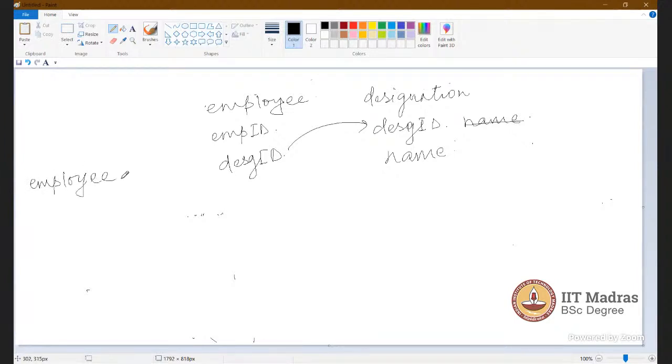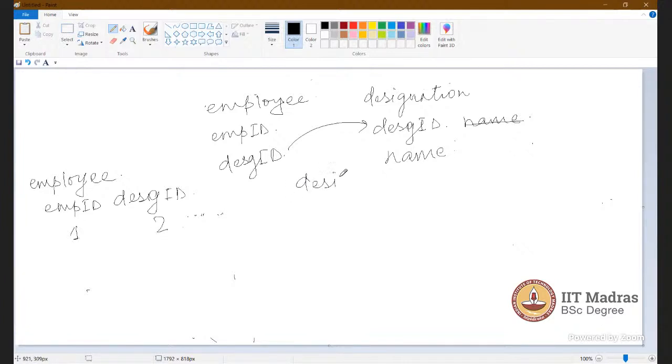So suppose the employee table has the following entry for the EMP ID. Suppose EMP ID is 1 and the designation ID is 2.